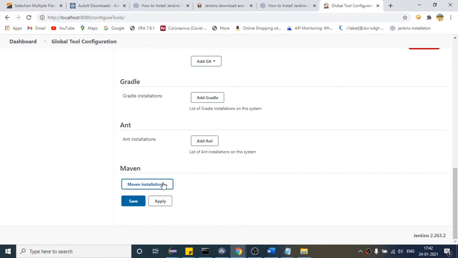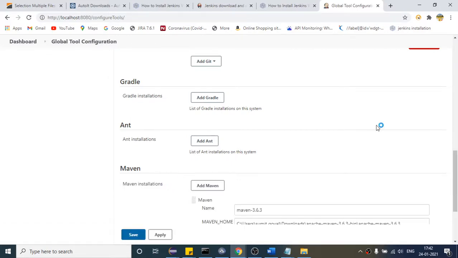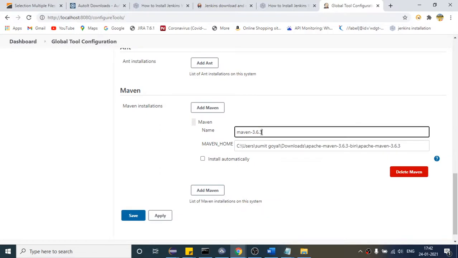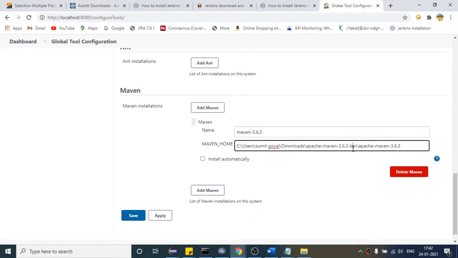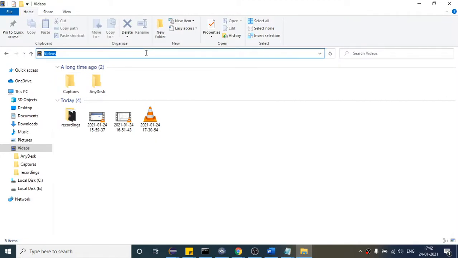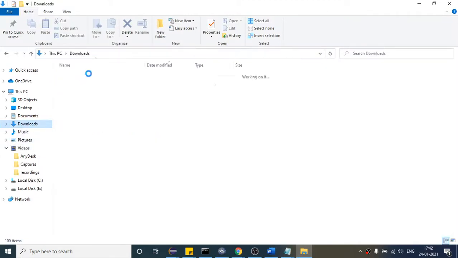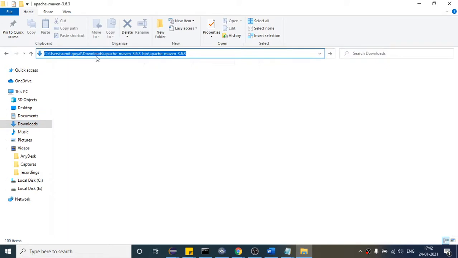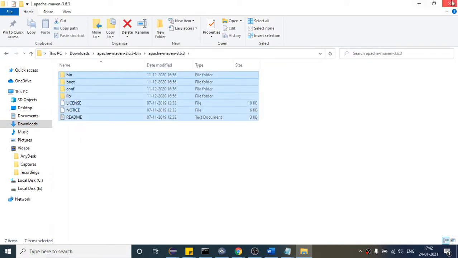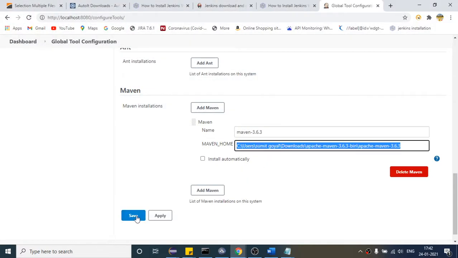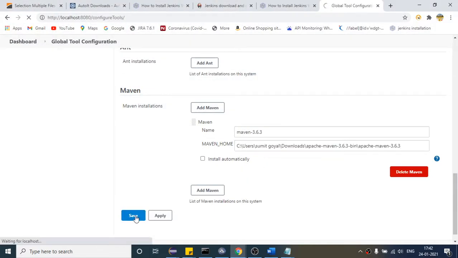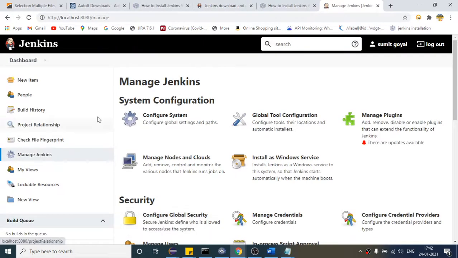And as we are using Maven, click this and here you will find this. Again you can give any name and provide the path where your Maven is present. What is this path? I hope you remember you also set this in the environment variable. So this is the path where my Maven is present. Provide the JDK and this one, and after that click on save, so that Jenkins will be aware where your Java and Maven are present. So this part is clear to everyone.